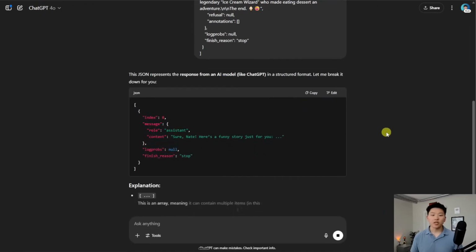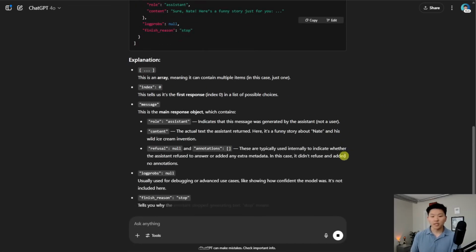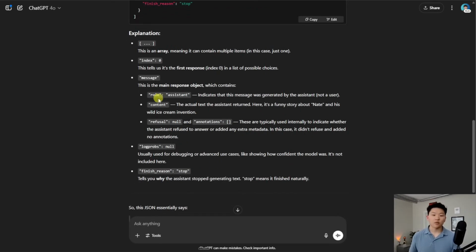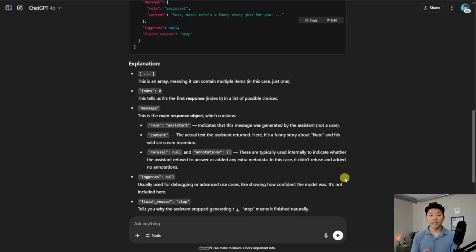So it says, this JSON represents the response from an AI model like ChatGPT in a structured format. Let me break it down for you. So basically it's going to explain what each part of this JSON means. We can see the index is 0. That means it's the first response. We can see the role equals assistant. We can see that the content is the funny story about Nate. We can see all this stuff, and it basically is able to not only break it down for us,